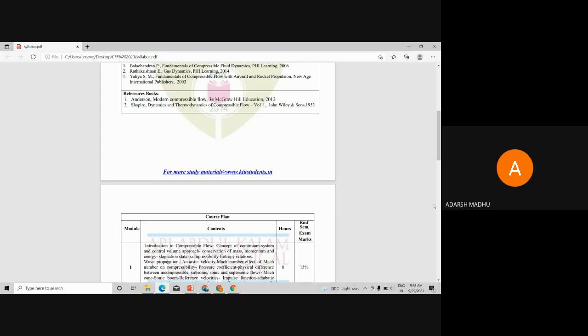Considering an open system for a flow, here we are considering a compressible flow through a pipe, a nozzle, a diffuser, etc. So we are considering a flow under pressure, which means under compression: compressible fluid flow. A flow under compression, flowing through a pipe or a nozzle or a narrow passage, and we are studying or analyzing the structure and the properties of the fluid flowing through the pipe. That is what is meant by compressible fluid flow. So coming to your syllabus, in the first module we are dealing with.